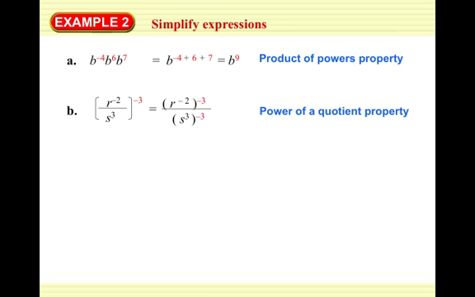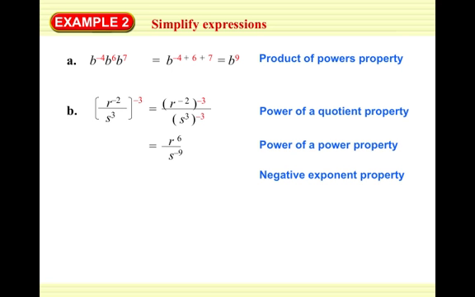So we want to raise each part of our fraction to the -3 power. I've got r to the -2 to the -3, so I'll multiply the exponents there to give me r to the 6th, and then I have s cubed to the -3 power. 3 times -3 is -9. So that negative exponent means use the reciprocal, and so we're going to have r to the 6th over